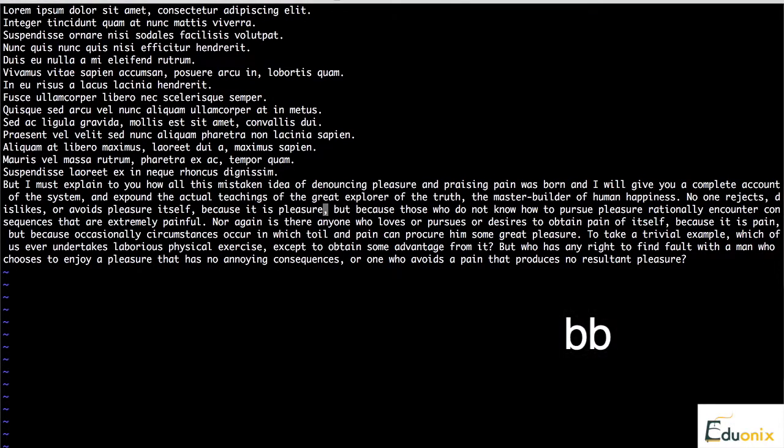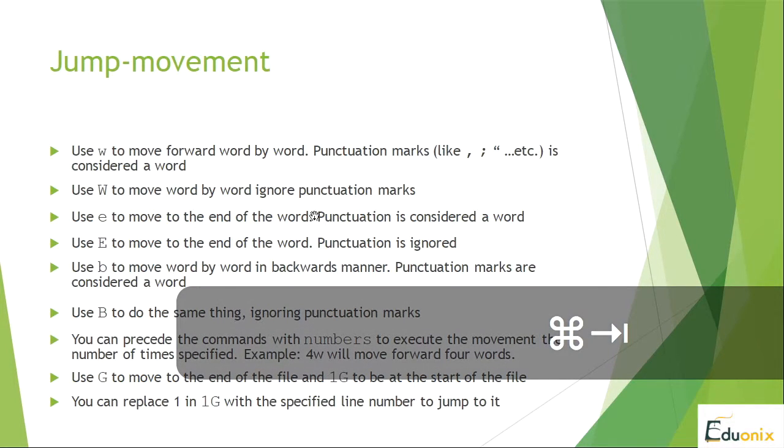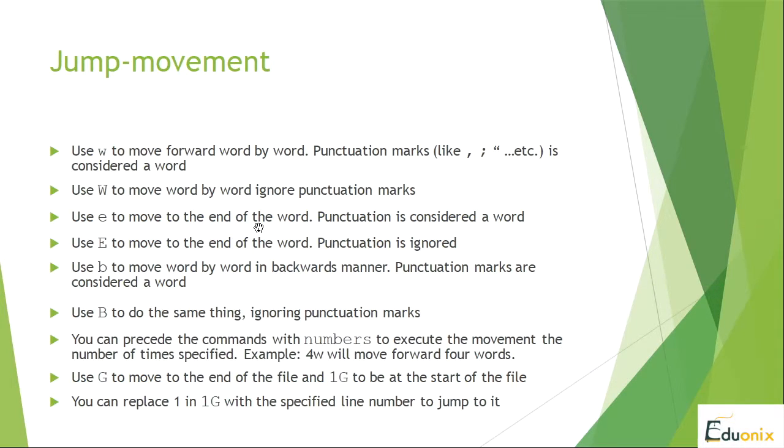So here, in order to illustrate this more, I'm using 3 small e's to move to the end of the word but. 1, 2, 3. But I'm using only 2 capital E's to move to the end of the word but, which means that it ignored this comma, it ignored the punctuation, and it did not consider it to be a word. So this is one way to move inside a VI file in chunks, but we have been moving